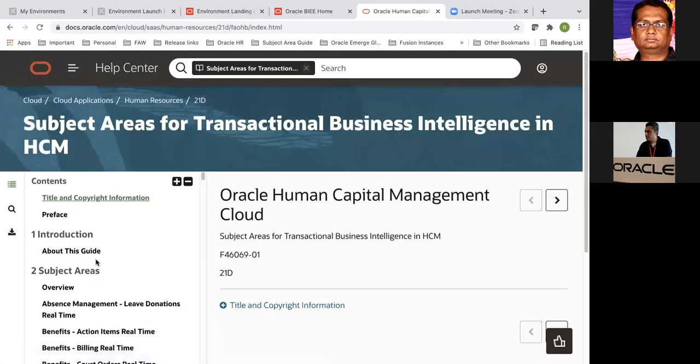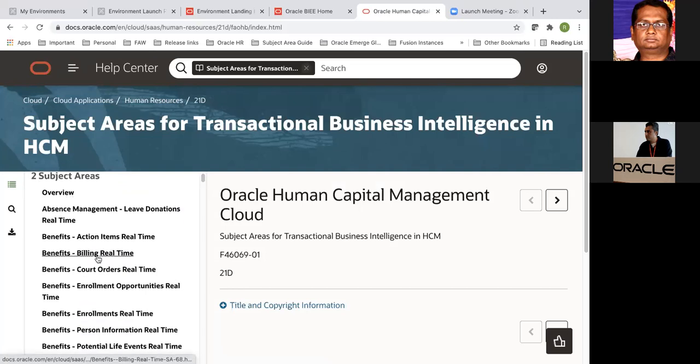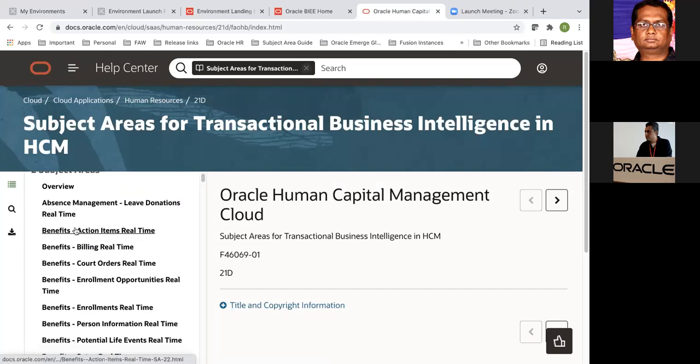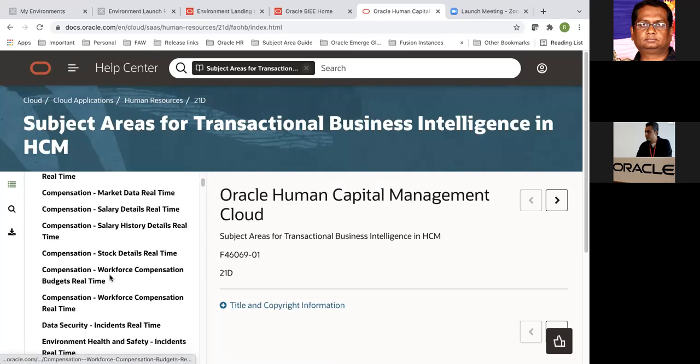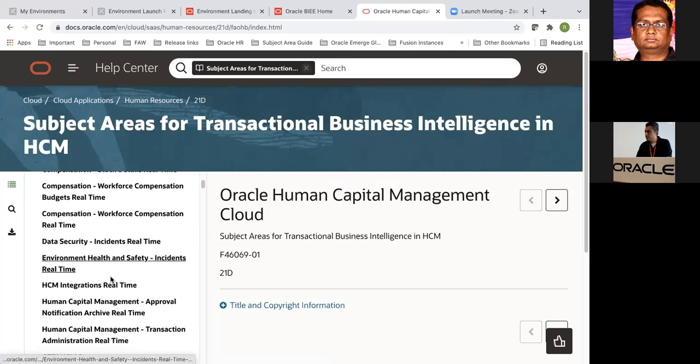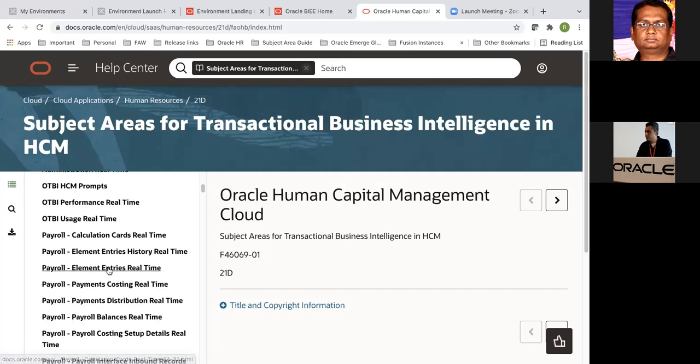As of 21C, there are close to 100 subject areas, and beyond 21C, we have about 103 subject areas between 21D and 22A. So you have a list of subject areas available here. It's in alphabetical order. So anything around benefits, compensation, you just have to go through this list to understand what the subject areas are that are available for reporting and what each of them does.